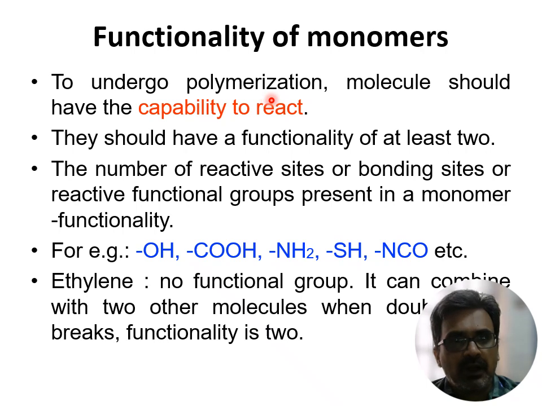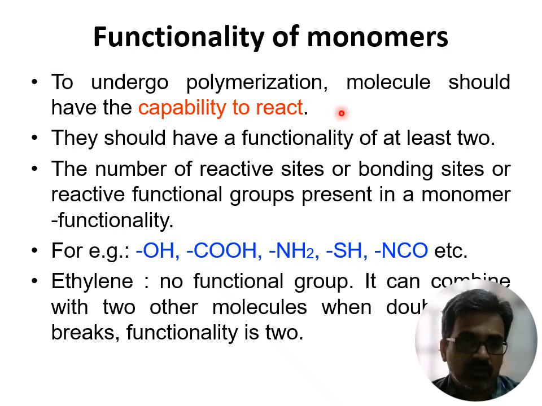So it is very important to understand the functionality of polymers. In other cases, what we have seen is carbon-hydrogen bonds and carbon-fluorine bonds only. In order to undergo polymerization, a molecule should have the capability to react, either by applying pressure or so on. So there should be a functionality of at least two atoms. The more reactive groups or bonding sites present, the higher the monomer functionality. For example, a monomer may have OH, carboxylic acid, amine, thiol, or isocyanate groups,